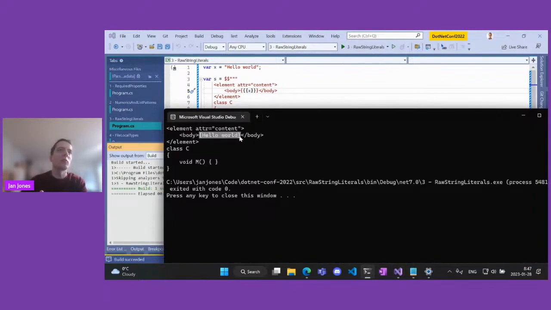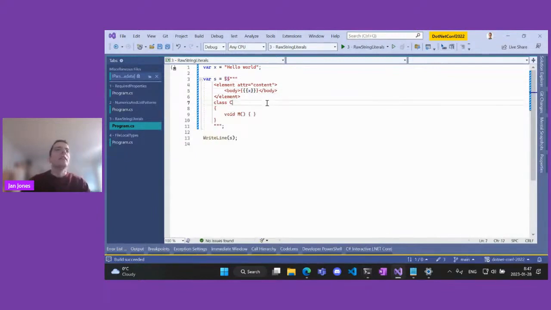So now the hello world is inside braces because I have 3 of them and only 2 dollars, and so on. So it's a really versatile string literal where you can put any string inside and don't have to escape characters, except of course for interpolation, but that's obvious.